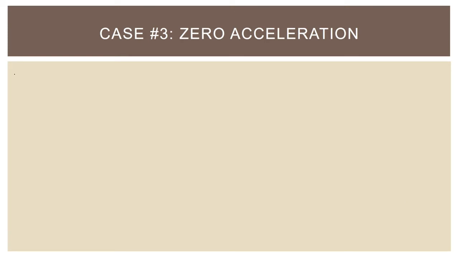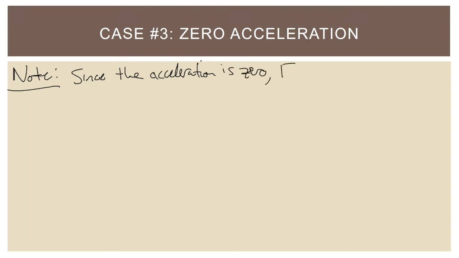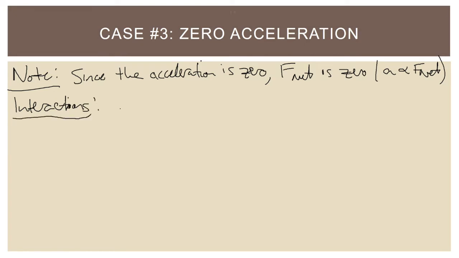And so what we'll write here, again, same sort of format as the other slides, our note here will be, since the acceleration is 0, and I want you to think about this, since the acceleration is 0, what can we say about the net force? Of course, since the acceleration is 0, Fnet is 0. Why? Because a is directly proportional to Fnet. And just like we had last time, and the time before that, this is always the case when there's just a person standing on a scale in an elevator, the interactions we have are the person-Earth interaction,